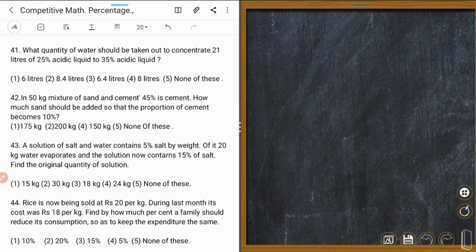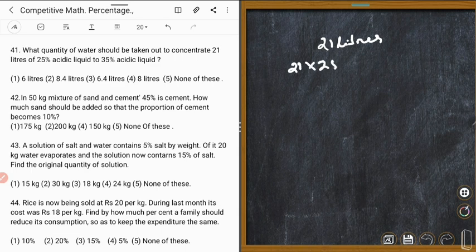That means there are 21 liters of acid and water mixture. Out of 21, 25% is acidic liquid. That means 25% of 21 is equal to